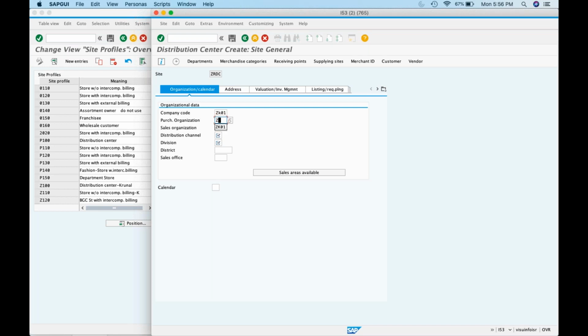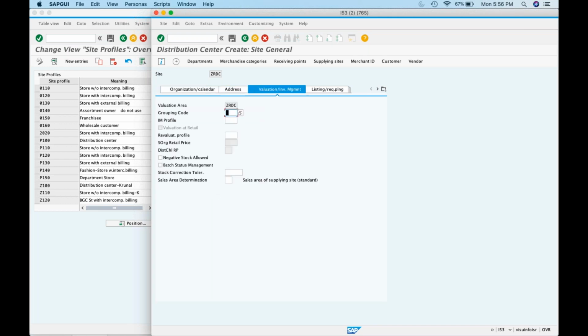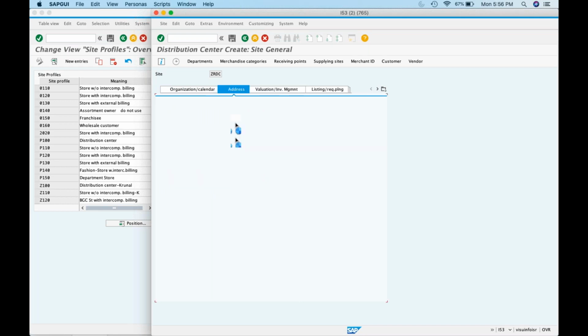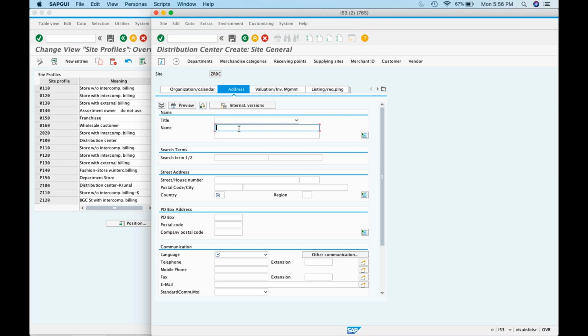ZK01, ZK, right? Yes, now it's done. So we have suppressed it. Okay, so we don't need it actually. So let's give reference